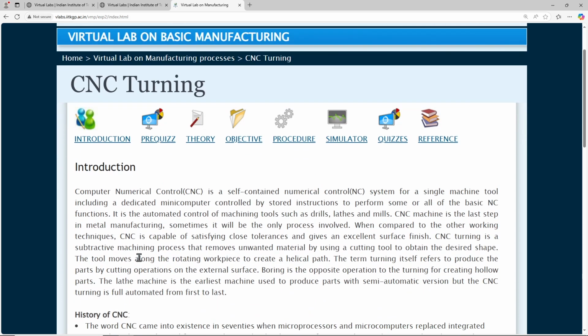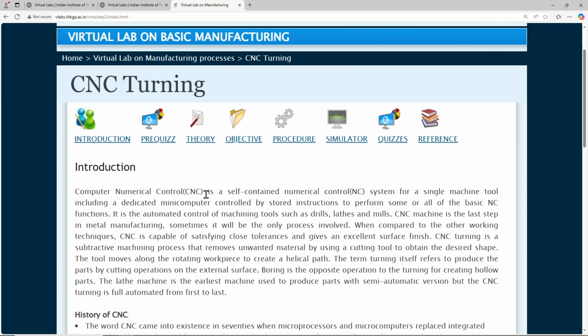CNC turning, computer numerical control. Though this course limits itself to the conventional machining processes, there are computer numerical control machining processes. The machining is completely controlled by computer. There are different components other than the regular components in conventional machines. We have the control panel where we enter the feed, depth of cut, the speed and everything. Also programming, MDI, manual data input, could be added there. The G codes help us give the complete code to get the specific component or part manufactured through the CNC machines.